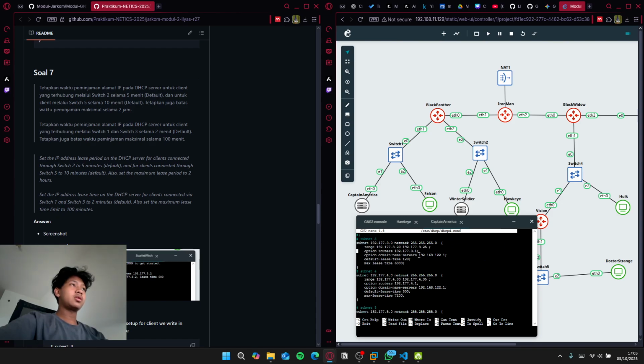So on this one, the default lease time is 120, and the max lease time is 600. Yeah, that's all. And the same as for the edge switch. For switch number 2, it means on subnet number 4, 5 minutes. So it means 300 seconds. And the max is the